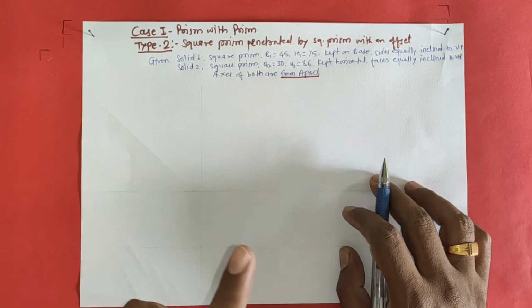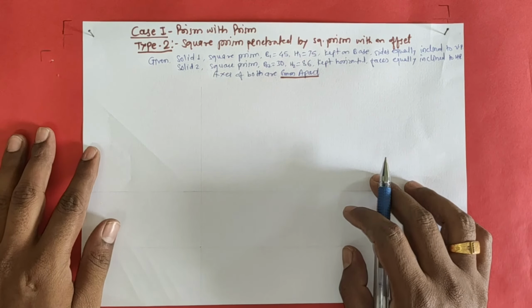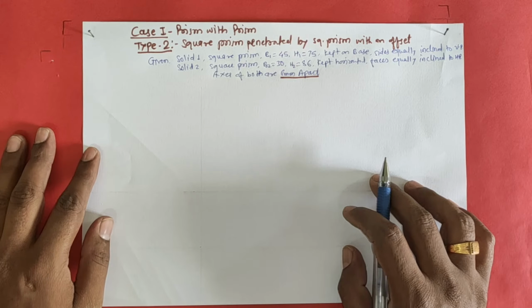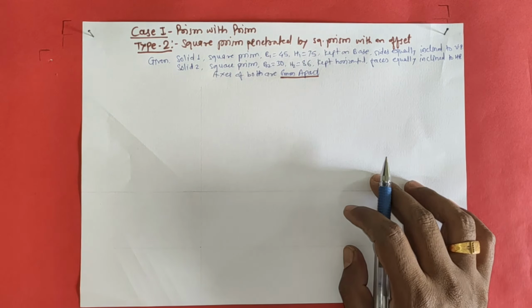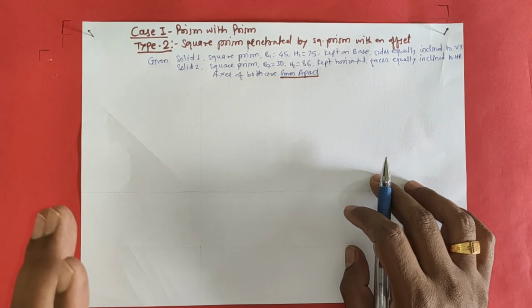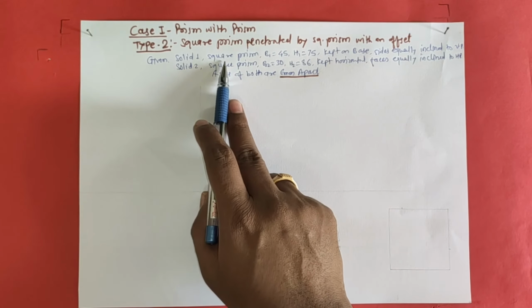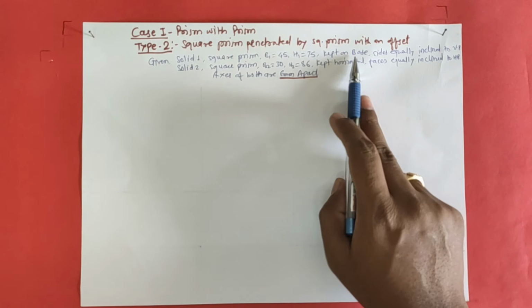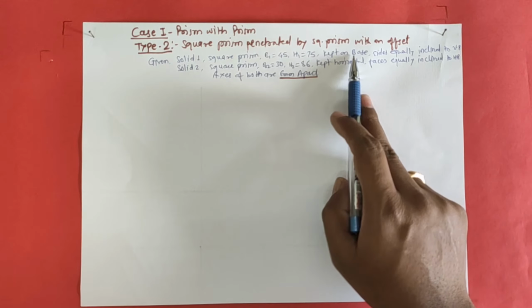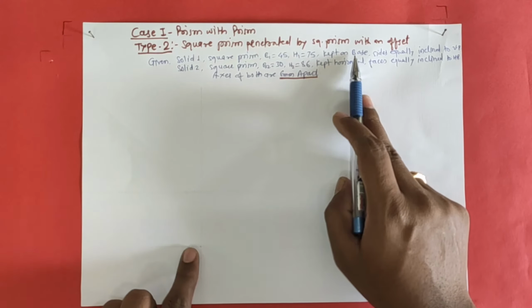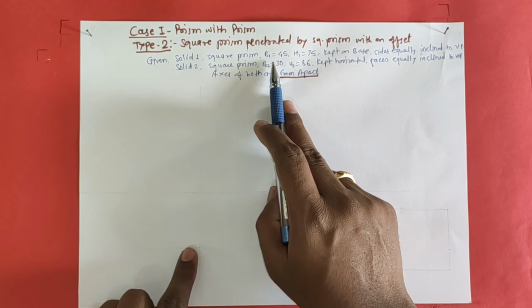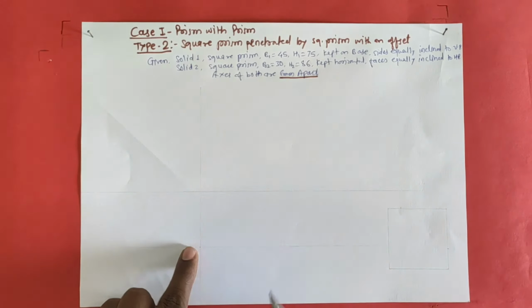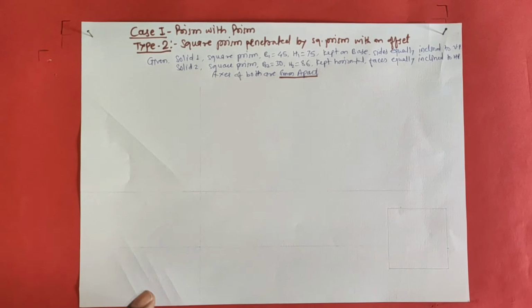Now see, first step is to draw all the three views of the vertical solid. The vertical solid, solid first, is kept on its base, on HP. As it is kept on HP, we are going to see its base in the top view. So we will draw the top view, that is a square of edge 45 mm, with sides equally inclined to VP.